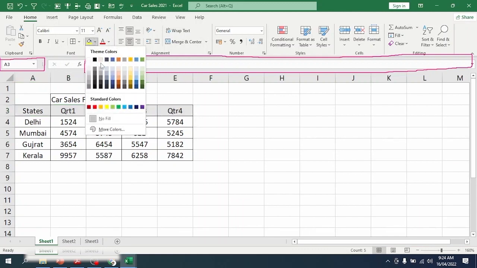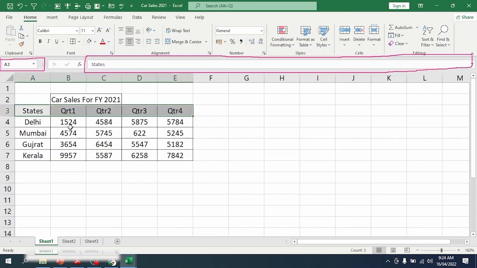Let's make it a bit lighter, so that the users can see that it's a header. And for this part of the data, we are again making it a grayed out color. So now you can differentiate which are the headings or the main, important parts, and then this is the